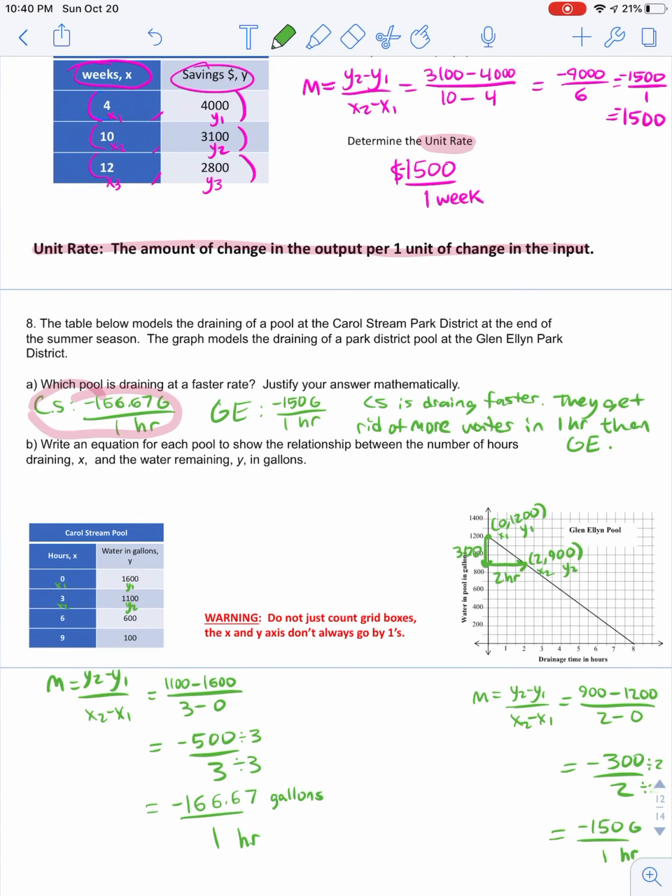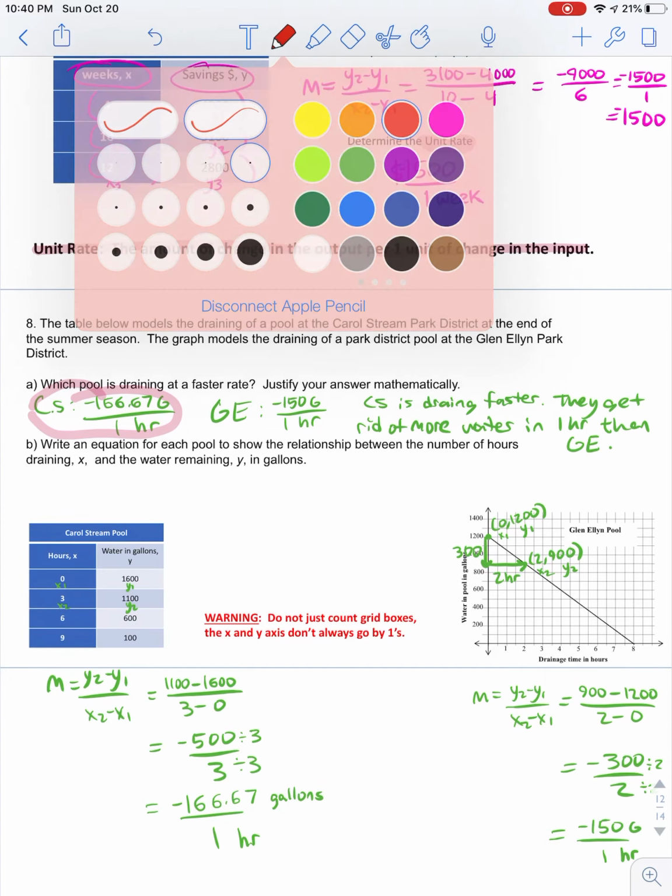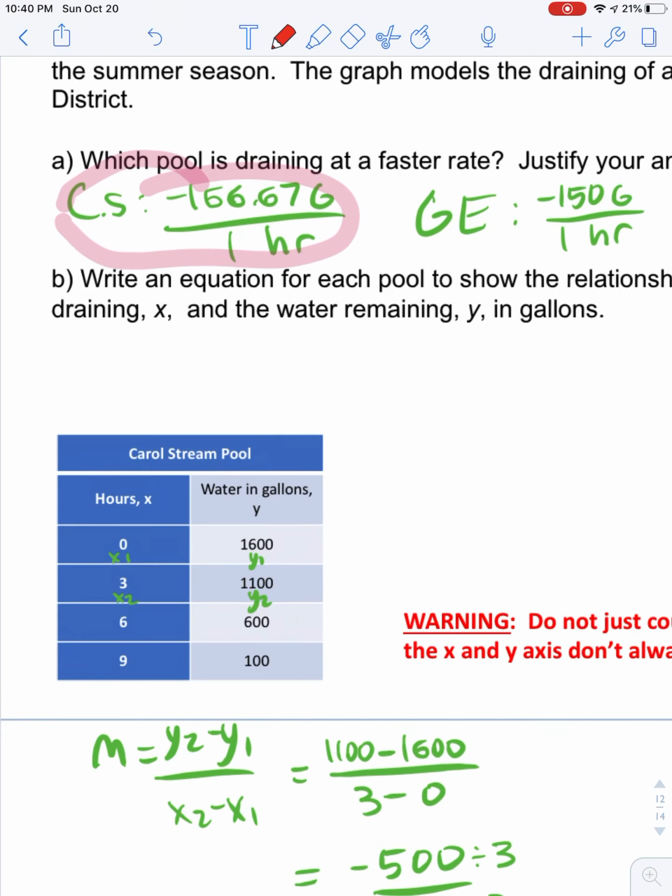Then finally they say write an equation for each pool to show the relationship between the number of hours draining, x, and the water remaining, y, in gallons. Okay? And this is just kind of a preview for something that we're going to do more so later. But if we were trying to think about start change like we've done in the past, well, if I'm looking at this guy,